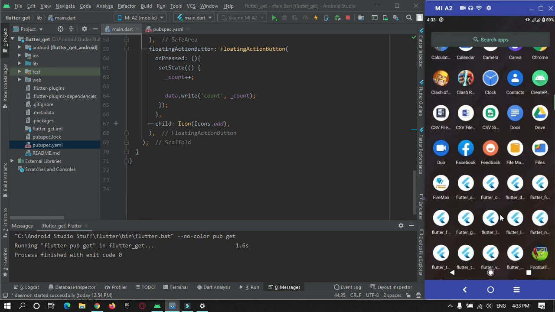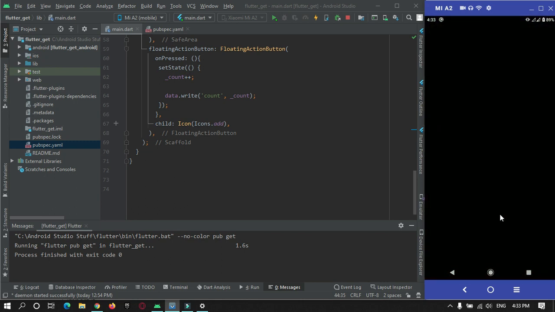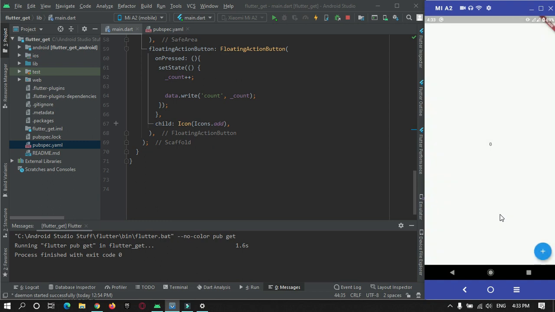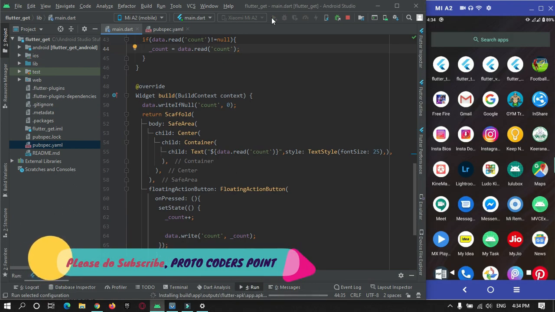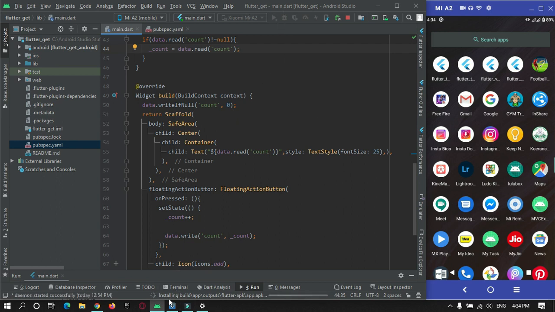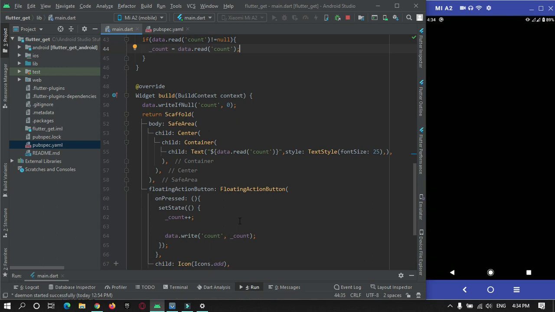Sorry, this is not our app. I'm not able to find the installed app. So I have just restarted our app. It is getting installed again. Okay, the app got installed.